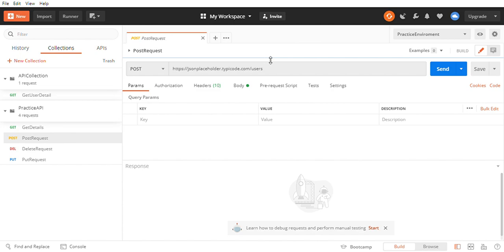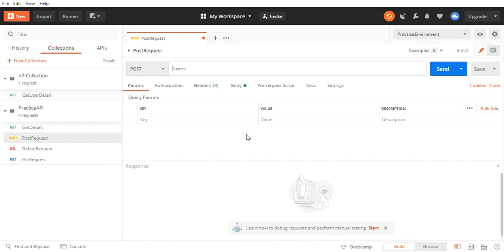Yes, yesterday we worked on these requests. Now let's use this parameter or variable value and see what happens. First, let's see how we define the parameter here.